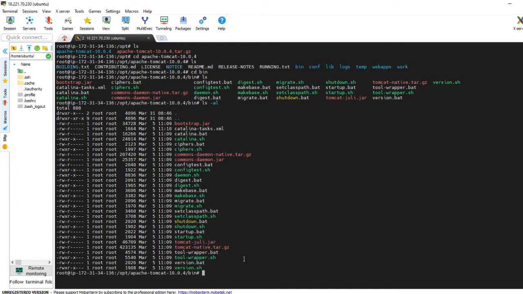So I'm writing a command so that we can execute these files at runtime. So the command is chmod +x startup.sh. Similarly for the shutdown.